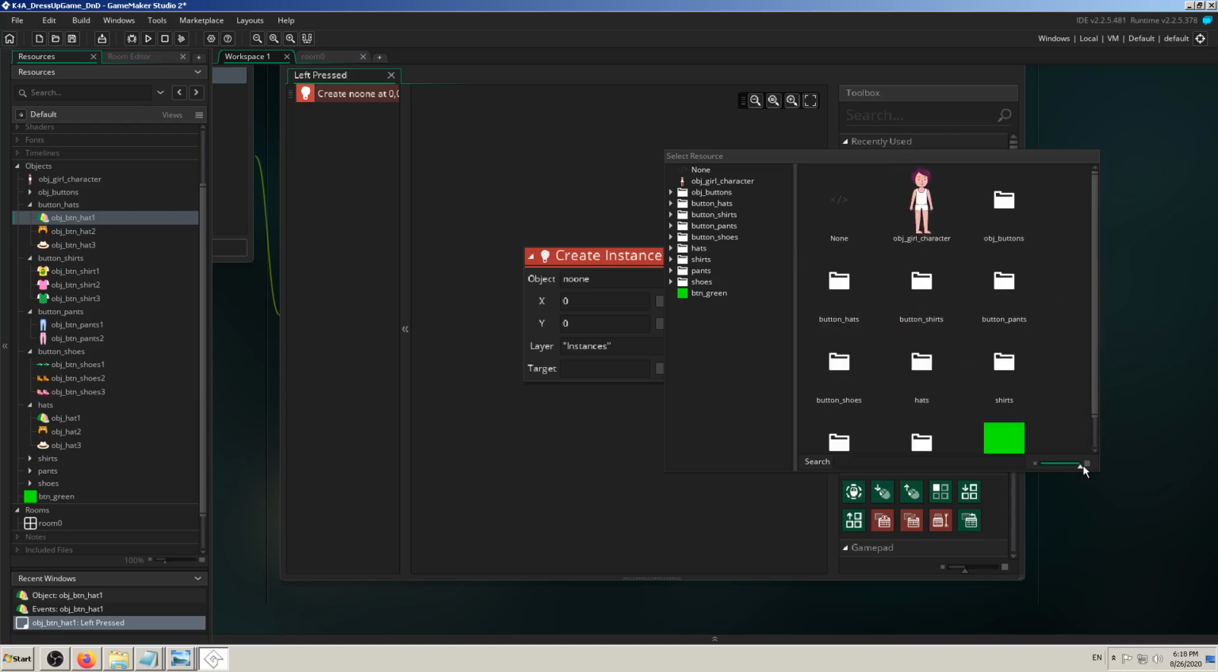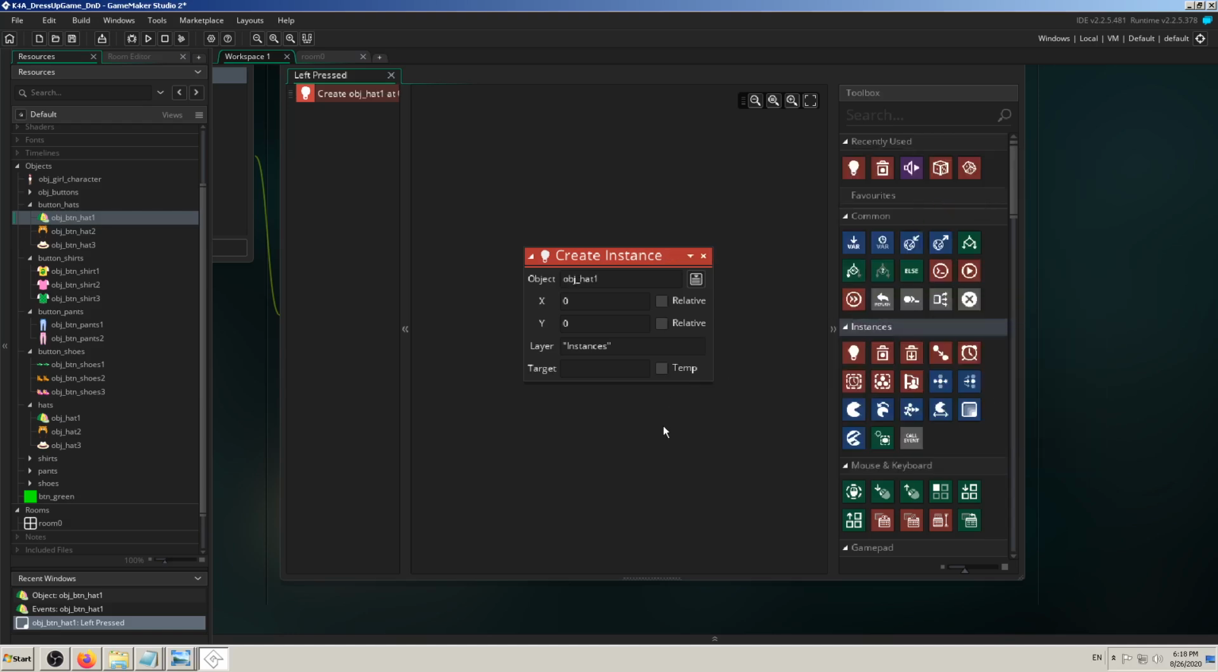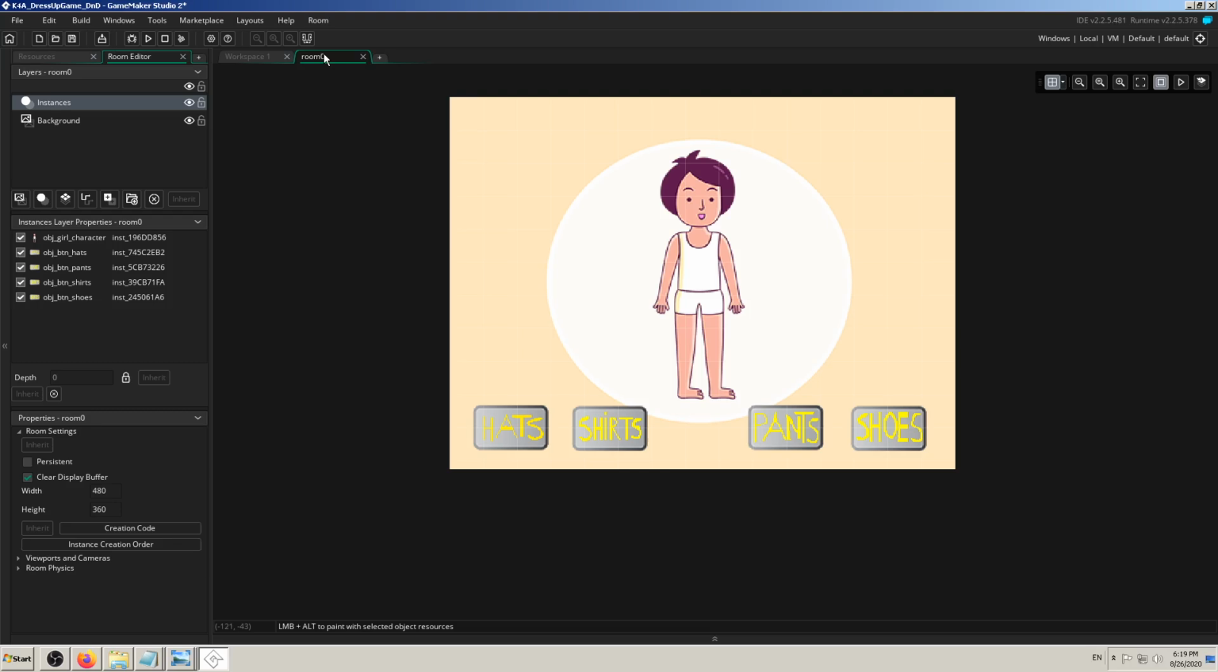And bigger like this, and I want to find hats obj hat 1. Here it is. But now I have the problem where to create it. What is the position of X and Y on the screen? I don't know that yet, so how to find that? I will click on the room 0 to see that